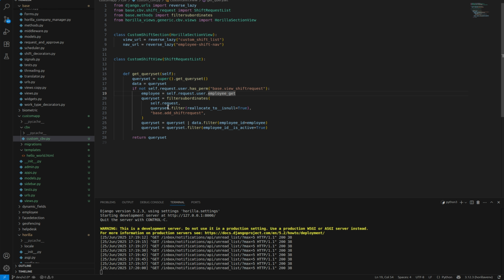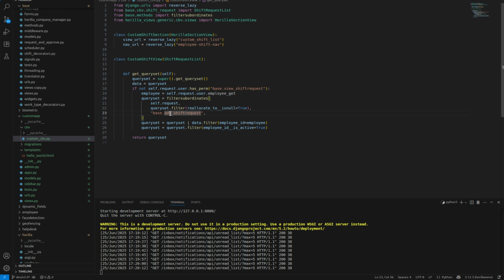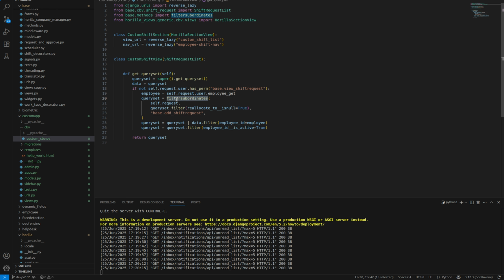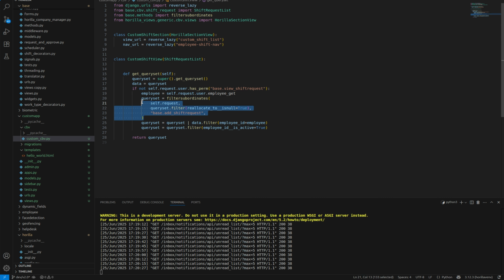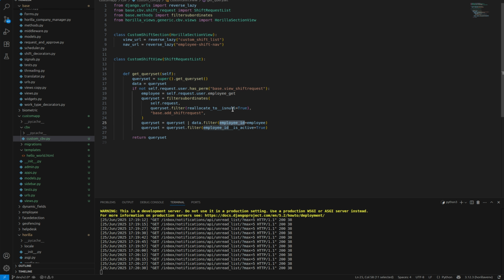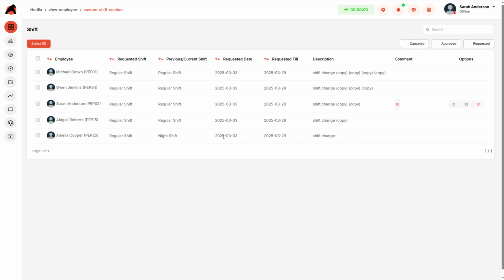If we are checking if he is the employee, we are filtering the subordinates of that employee here. We can see these are the subordinates of the currently logged in user, and we are adding the filter of the current employee here. The logged in employee is also being added to the queryset. And now we go to the normal employee view, and when we refresh the data,